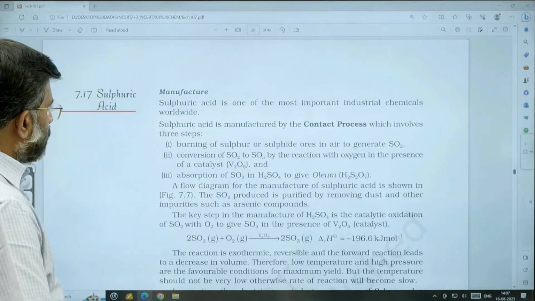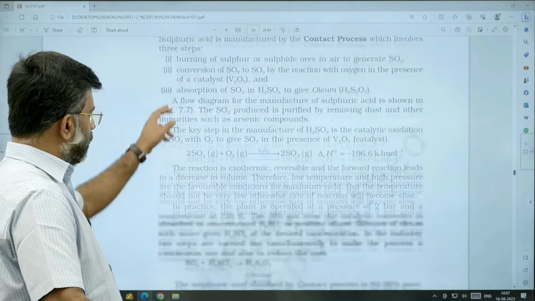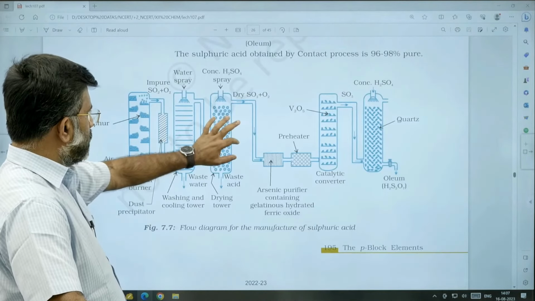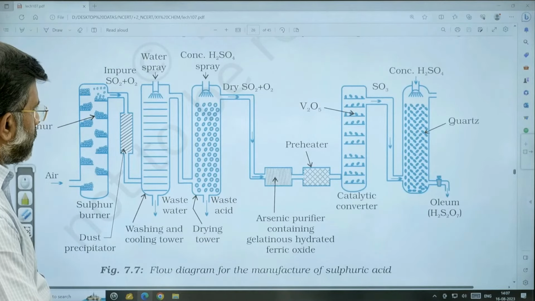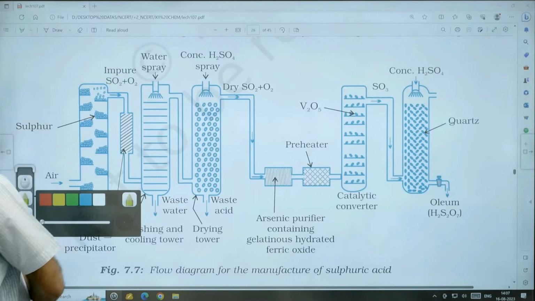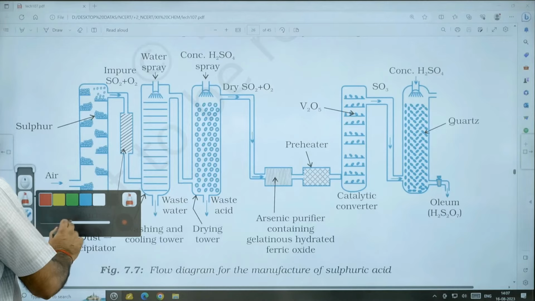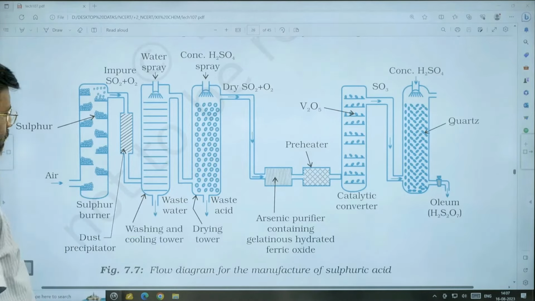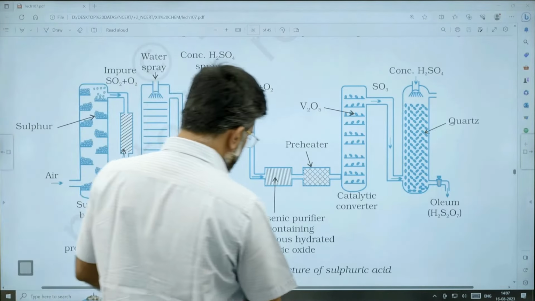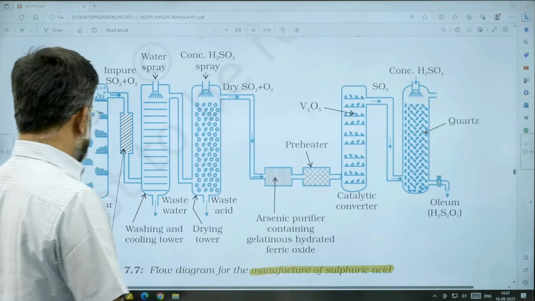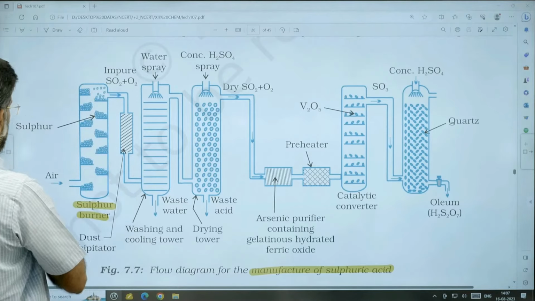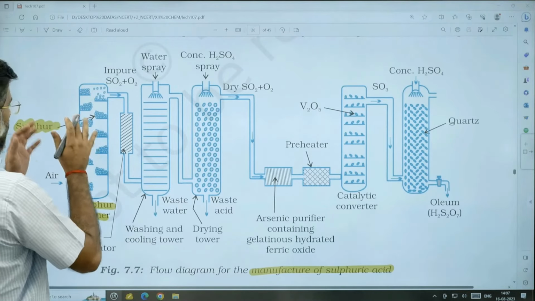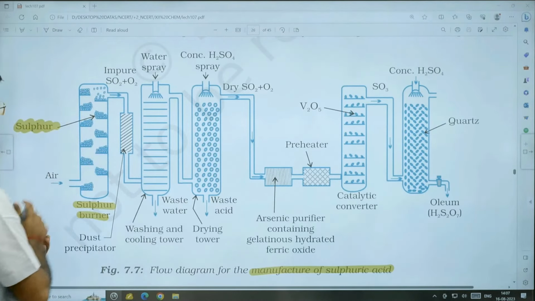And the manufacturing of sulfuric acid, the most important one, is the contact process. This is the schematic representation for manufacturing of sulfuric acid by the contact process. Let us try to understand what the different steps involved in the contact process are. First, you have a sulfur burner. This is a sulfur burner where sulfur is kept and is burned in presence of air and is converted